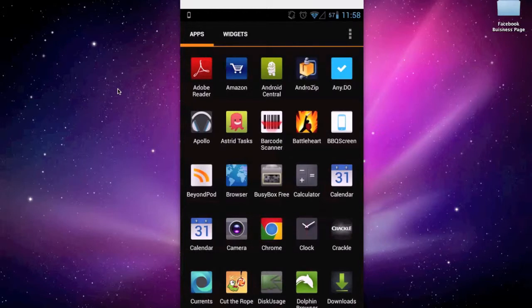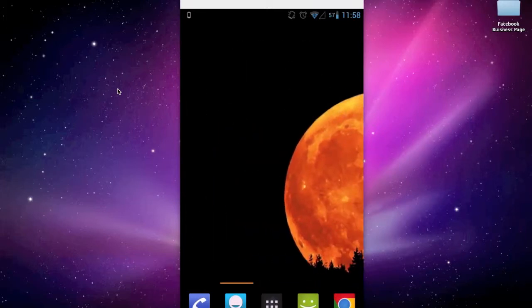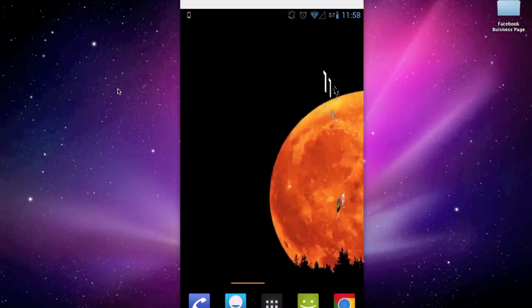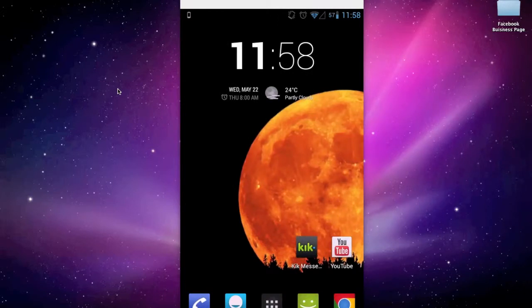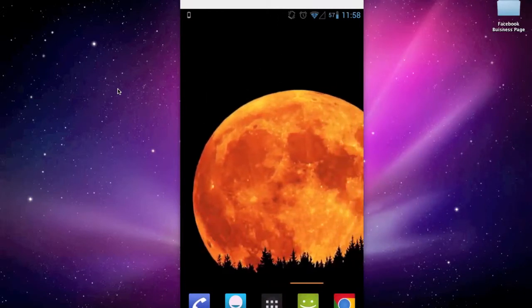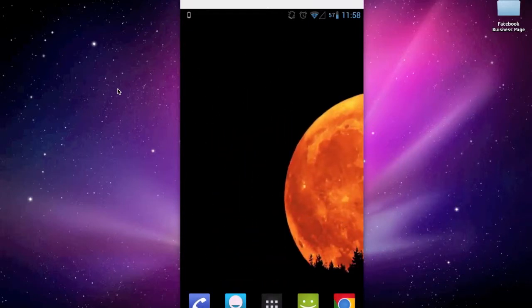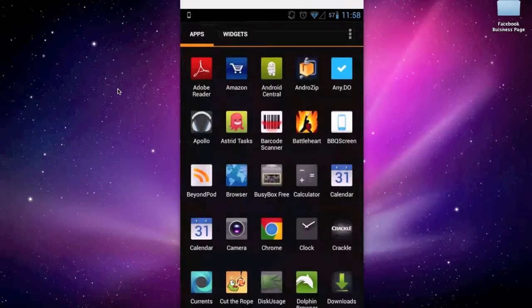This launcher has many features similar to the original Android launcher that you receive with any stock Android phone. But it does give you some cool features here. Like you can see how I have the transition effect. It's a box out, and it's supposed to go in a cube form. As you can see, it's sliding over to the right of the screen instead of just disappearing to the right or left. And then you have the little orange glow